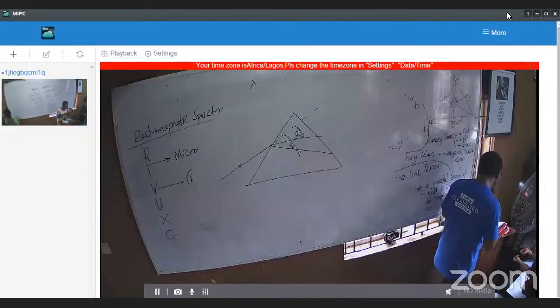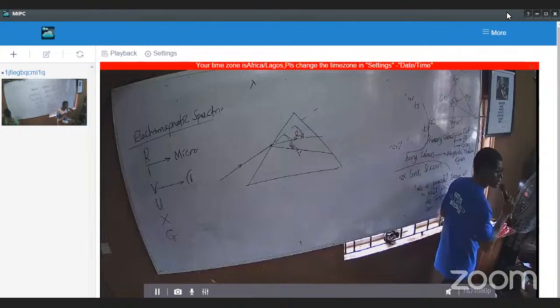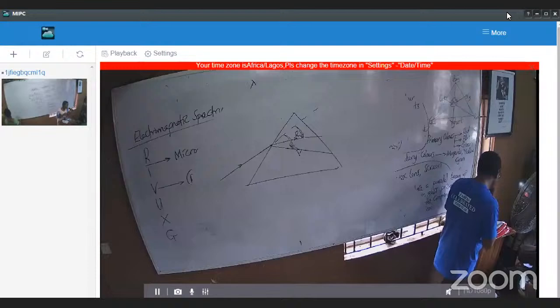Number 7 or 8. They are all simple, so I'm looking for difficulty, but let me just give it like that. Which of the following waves is electromagnetic? Option A, X-rays.